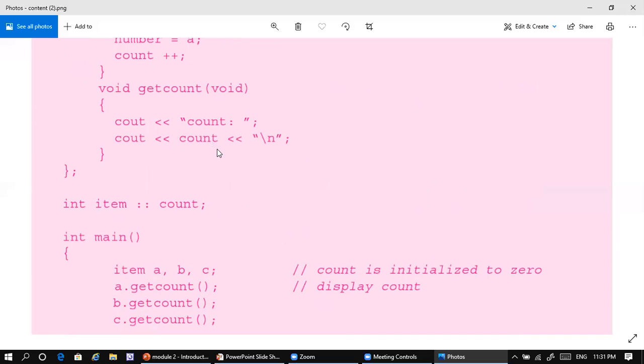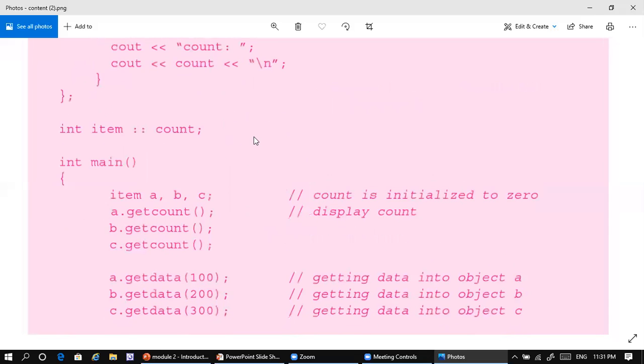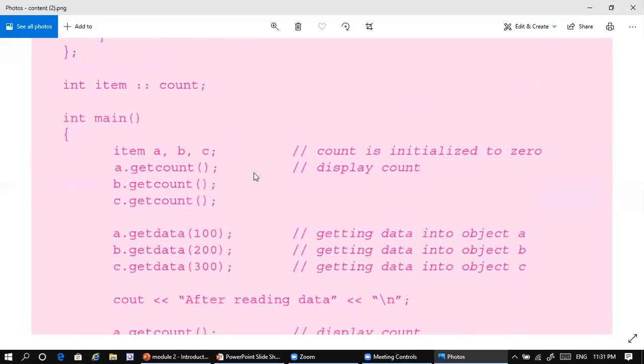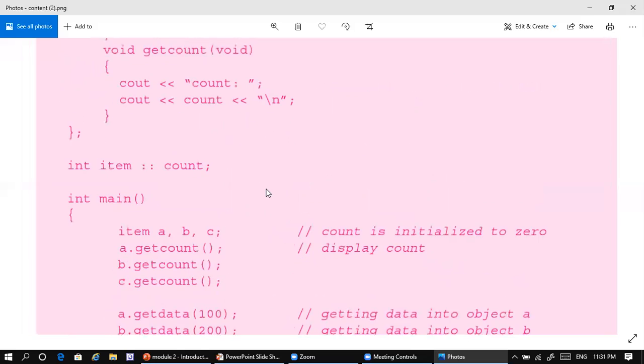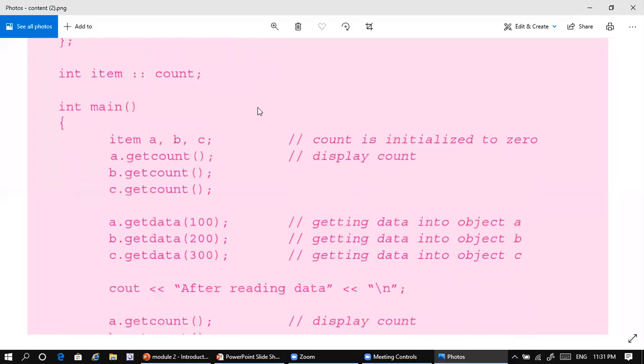We are just going to display the value of the count. As we display it, initially all will have the value 0, 0, 0.